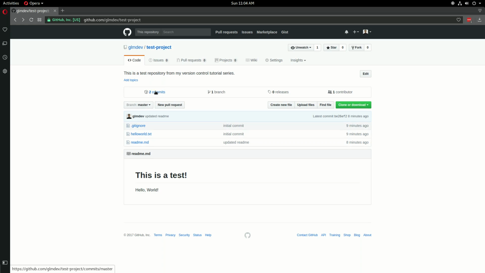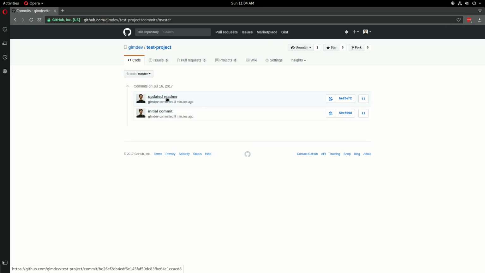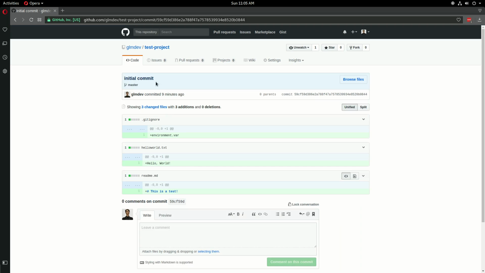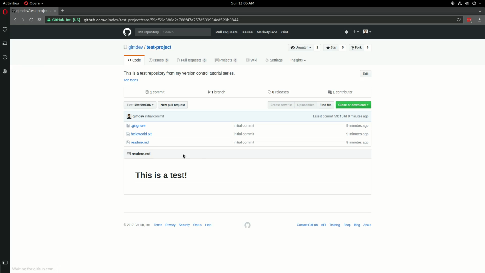So 2 commits were created. These were the 2 commits that we've done, the initial commit and the updated readme. So I can browse and see, okay, this initial commit, what was changed? Well, I created a Git Ignore file, a hello world file, and the readme file. And say I wanted to view the files as they were at this commit, well, I can hit browse files, and I can see this is how it looked at this moment in time, before we did the commit where I added a line to this. And go back to commits,